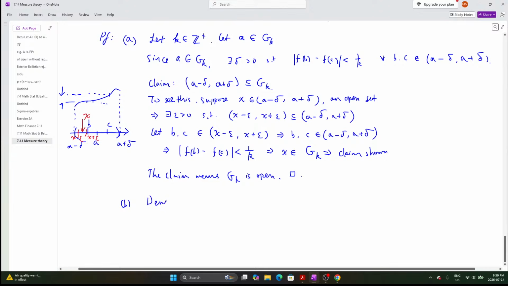Let's denote C_f, continuous, as the set of x, let's use a, in the reals such that